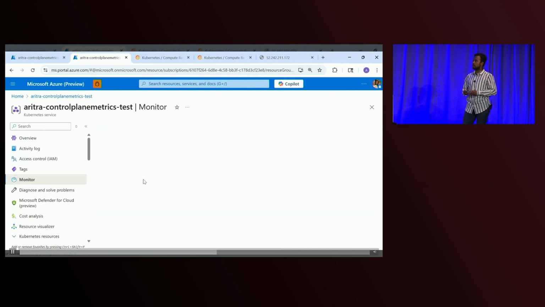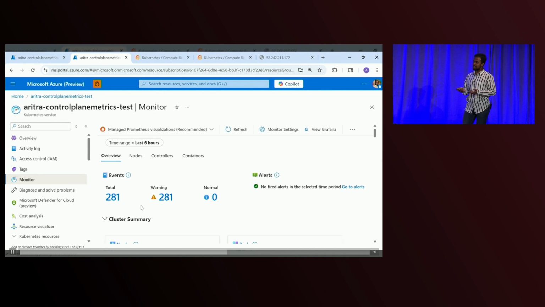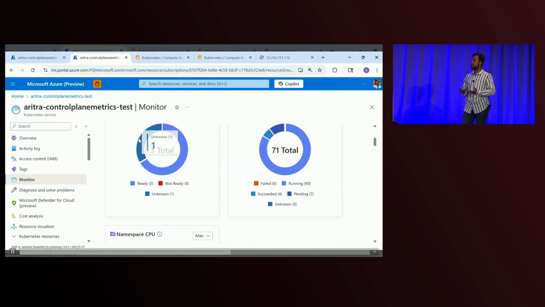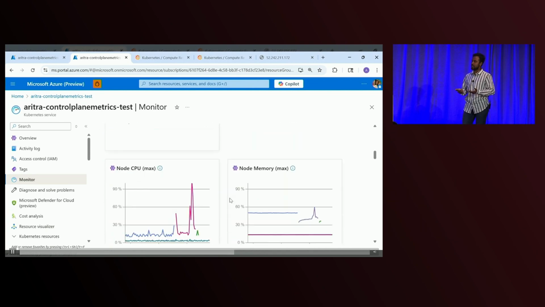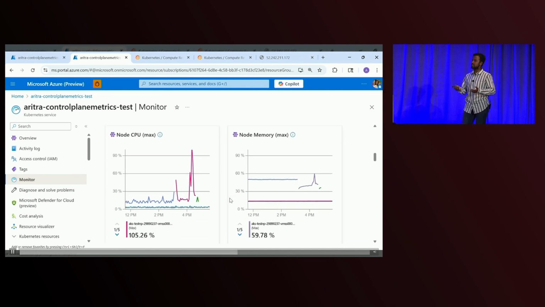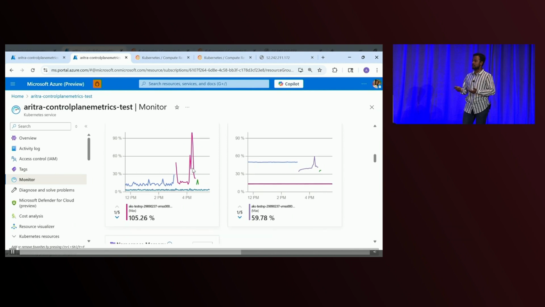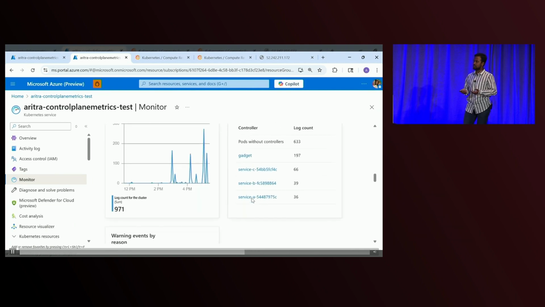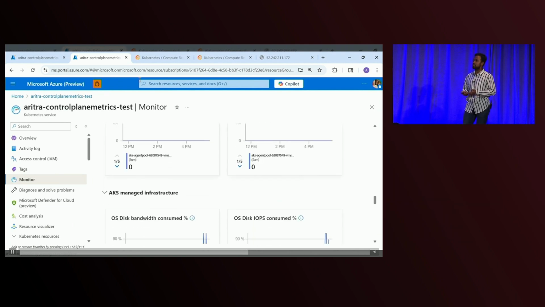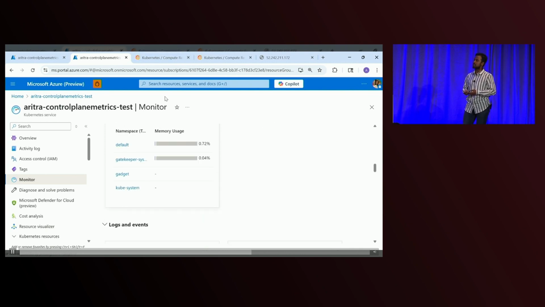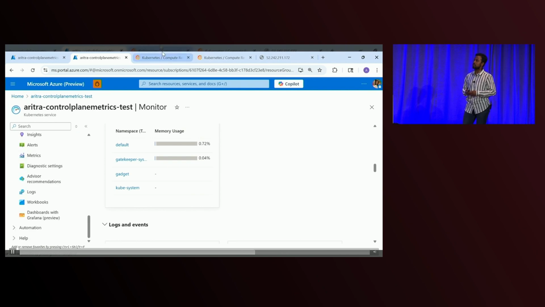I'll also want to show one other place to start troubleshooting, which is the new Monitor TOC. This brings together all of the insights from the cluster. It's the single pane of glass view which brings all of the insights from the pods, logs, and nodes all together. It also has some of the infrastructure metrics which go beyond AKS itself. So this is a good place to start. I just brought it up to show where you could start.